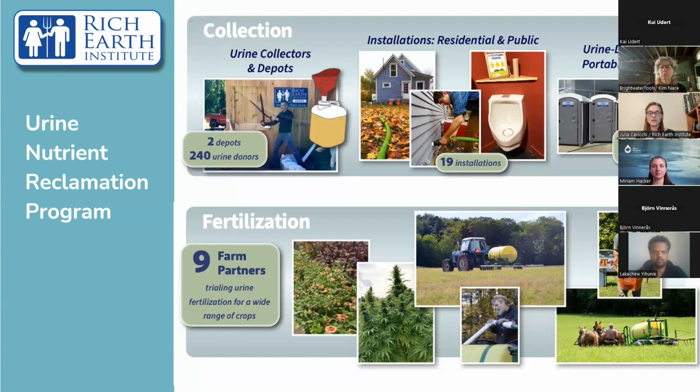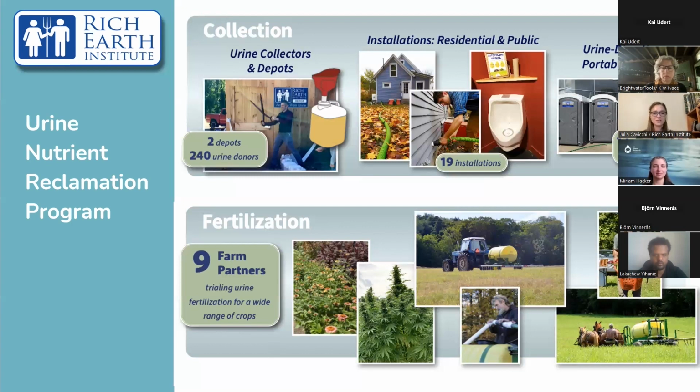We also recently have begun doing more permanent installations in people's homes. So we install urine diverting toilets for private homes and urine collecting urinals for public facilities, such as this urinal in a local brewery, the Hermit Thrush Brewery, which we're very excited about. And then we just come out with our pump truck and pump out the nutrients from the homes a few times a year and bring that back to our facility. And then we also have urine diverting and compost portable toilets that we have out in the community as another means for collecting our nutrients.